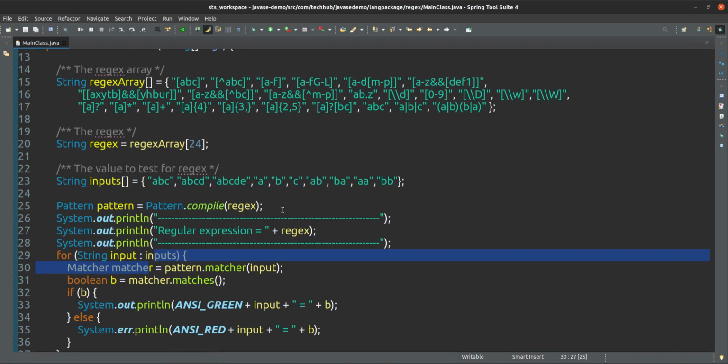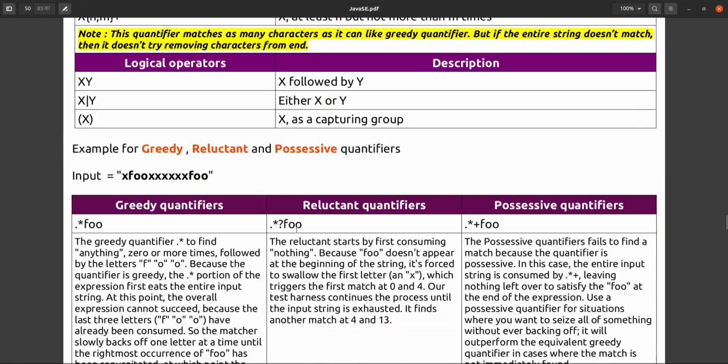Suppose here it is taking dot, meaning x is coming, so after that one x should come, but x is not coming, because star means x only, so f is coming. The reluctant quantifier starts by first consuming nothing, because foo doesn't appear at the beginning of the string. It is forced to swallow the first letter, an x, which triggers the first match at position 0 and 4.